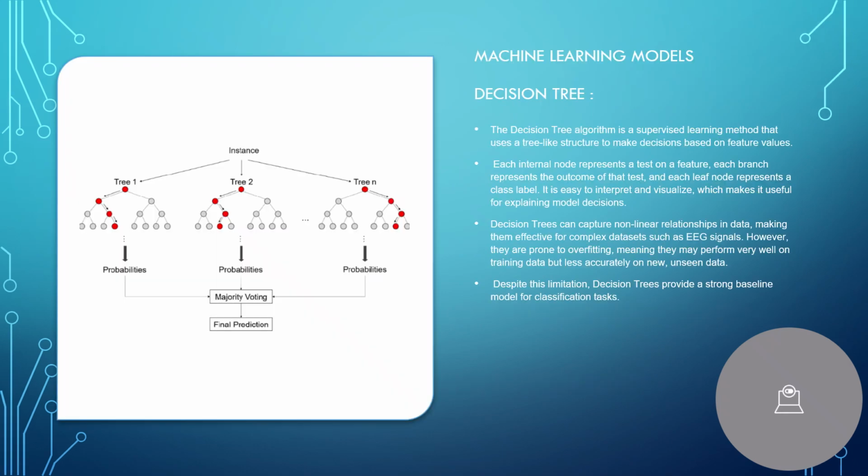Moving to our next slide, here is our first ML model, the decision tree classifier. Our first model was a decision tree, a simple yet powerful algorithm that works like a flowchart of questions. It splits data based on feature thresholds, forming branches until it reaches a final destination that classifies the signal as seizure or non-seizure. The strength of a decision tree is interpretability. We can clearly see which EEG feature influences each decision. However, trees can sometimes overfit.